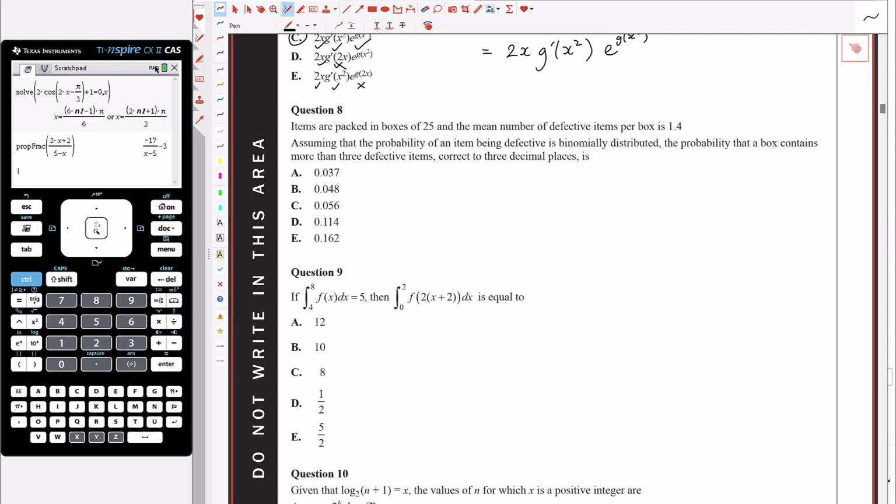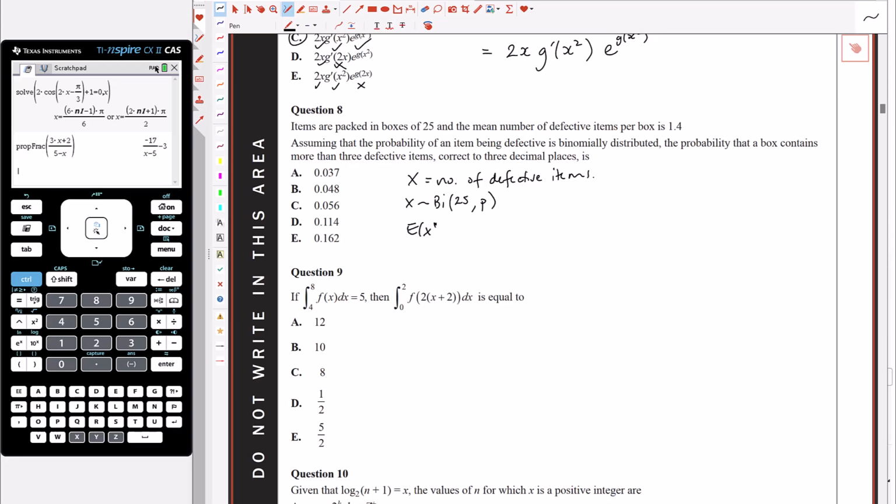Okay, so let's see, we've got items packed in boxes of 25, mean number of defective items per box is 1.4. Assuming the probability of an item being defective is binomially distributed, okay, so let's have x is the number of defective items, x is binomially distributed, n is going to be 25, we're packing them in 25s, and we don't know p. So we're going to need to find p first of all, but we do know about the expected value